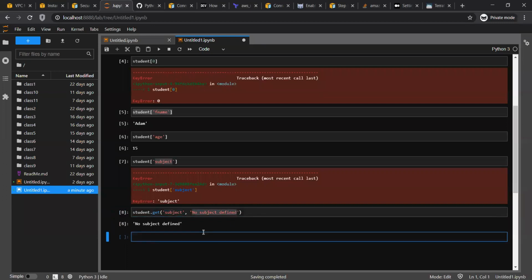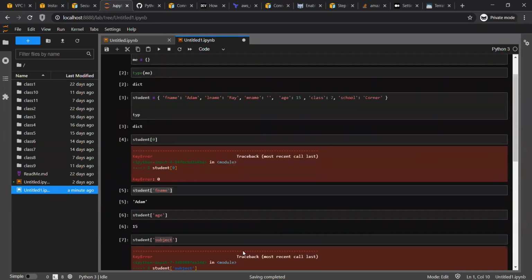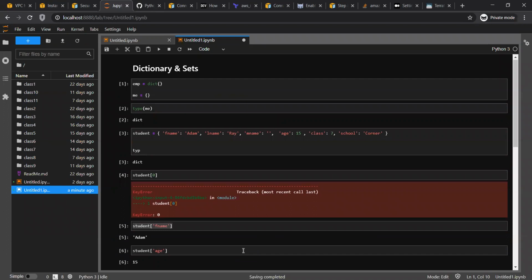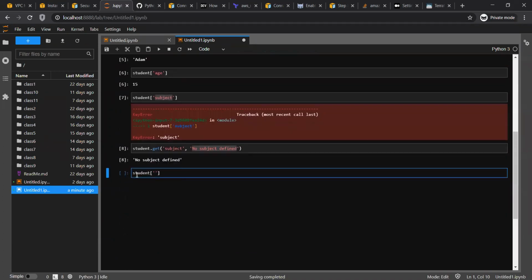Okay. Now what I'm going to do, I'm going to define this subject key. When you want to add a new key to an existing dictionary, that's pretty easy. So student, again start with the subject key, and I'll simply add the value math. Okay.